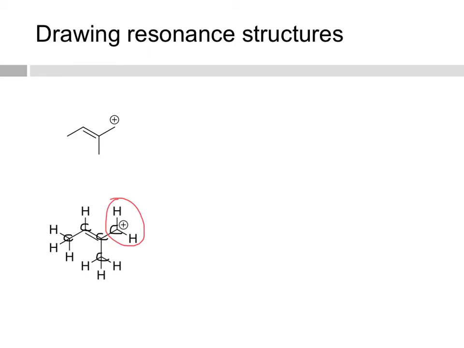The pi bond here, this pi bond is what's going to donate into this empty p orbital here. So if we were to draw arrows, we would show that this pair of electrons here is going to move to make a new pi bond here, and that would satisfy this carbon's positive charge. So if we draw the resonance form,